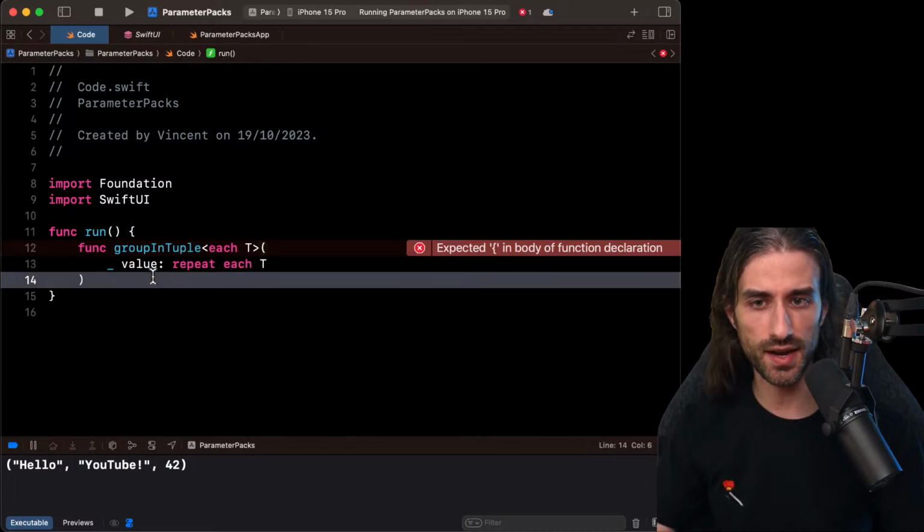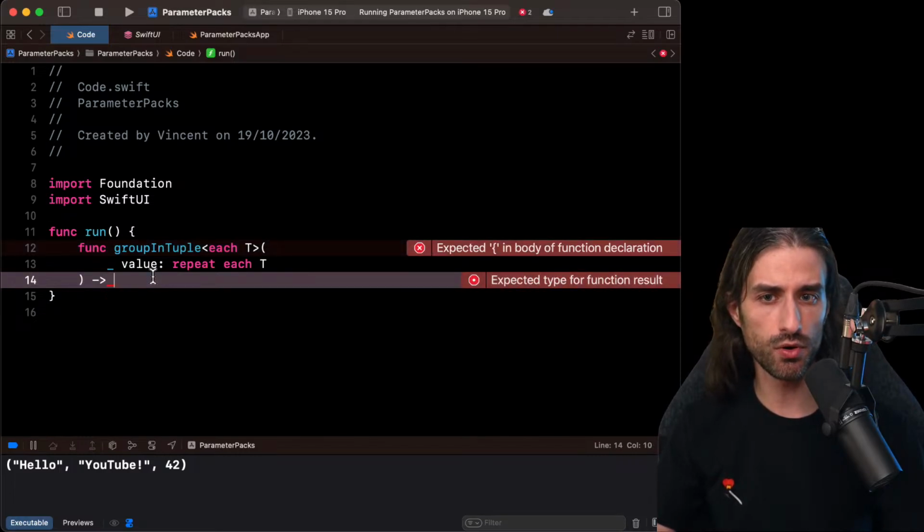And so here we've defined the argument list of the function, but that's not enough to define the full signature because now we also need to define the return value. So what will the return value be like? We're going to return a tuple whose members will be of the same type as the arguments passed to the function.